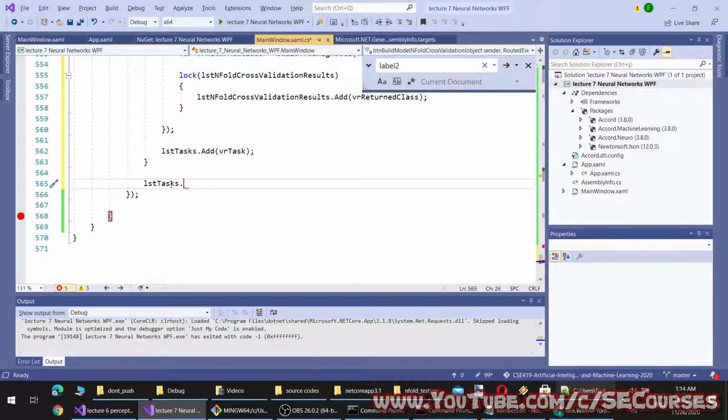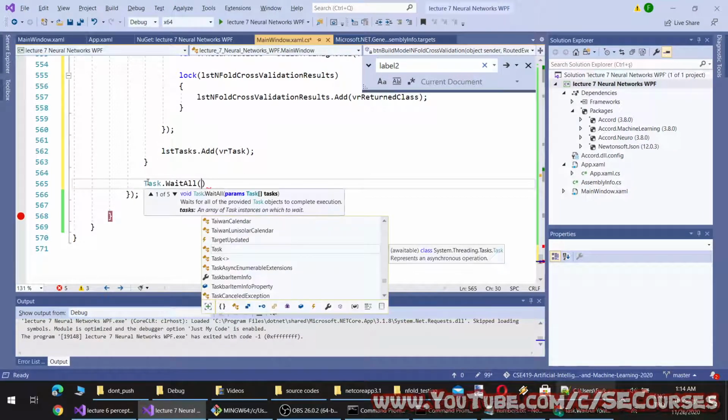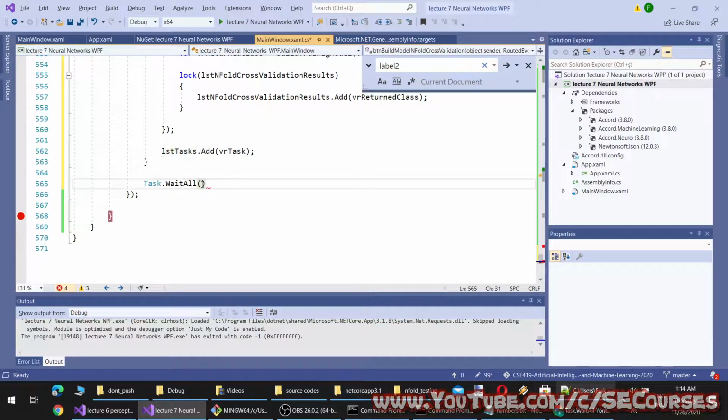Okay, here. WaitAll, and it gets tasks like this. Okay, and once it is done, I need to convert this to array, by the way.